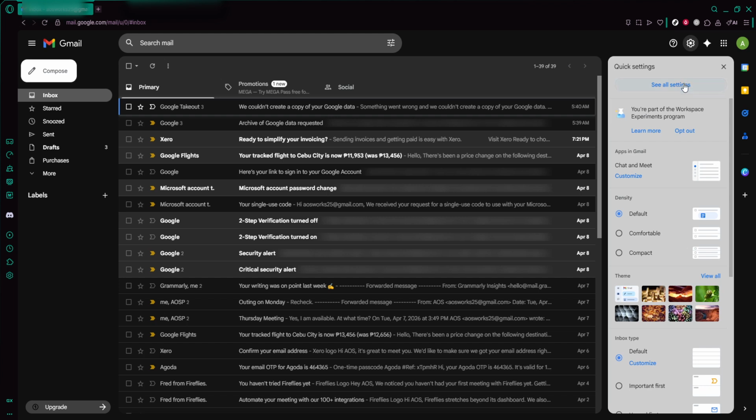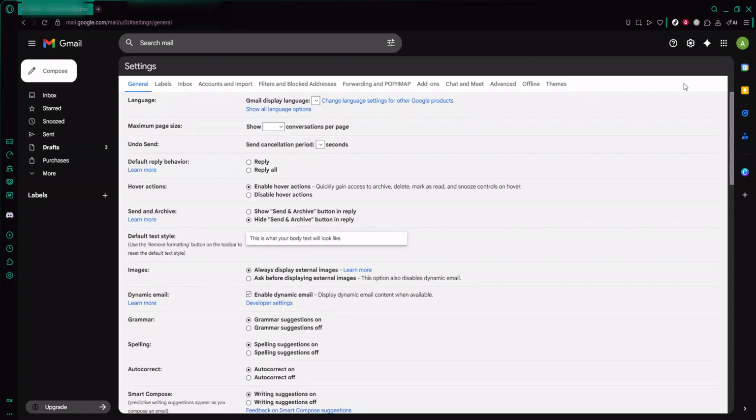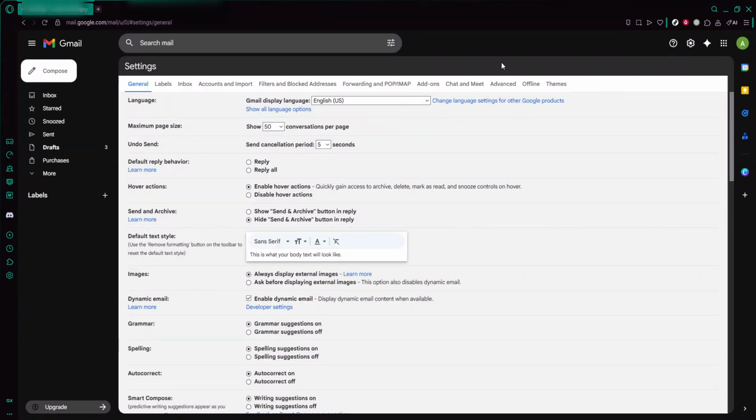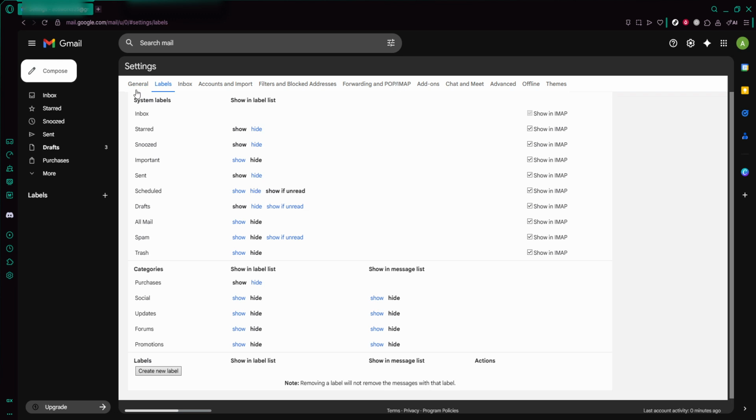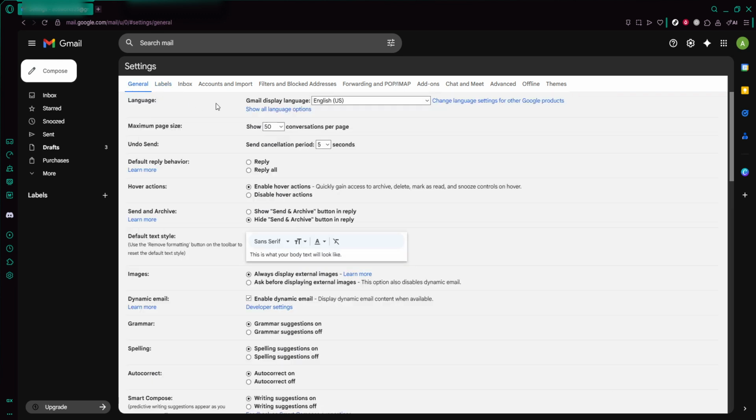This will open a new page with multiple tabs along the top, and this is where all of Gmail's main configuration options live. You should now be looking at the General tab. In most cases, this is the tab that opens by default. If for any reason you're on a different tab, such as Labels or Inbox, just click on the word General at the top to switch back. The General tab contains a long list of options that affect how Gmail looks and behaves, including the language setting